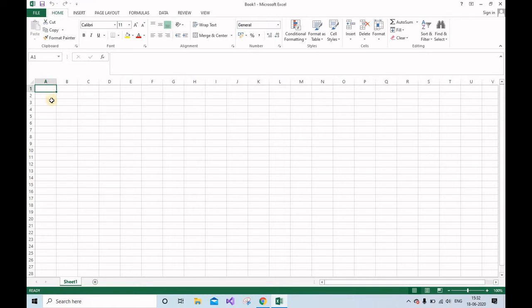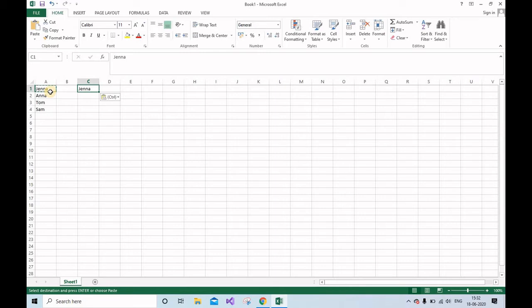First we'll create some data. Like if I'm writing Jenna, Anna, Tom and Sam, this is the example data. So how the copy function works is, as you all know, the shortcut is Control C. If you press Control C, it will get copied, and then you put Control V, so this data will get copied in another cell wherever you want.